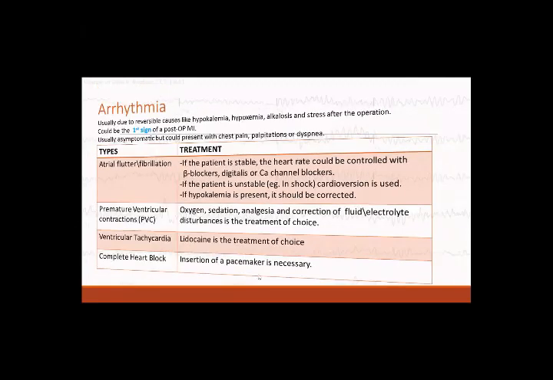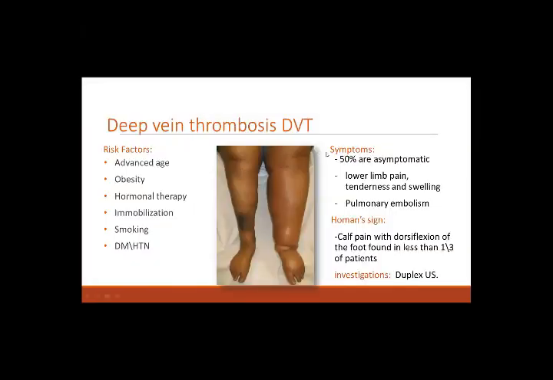Third, cardiovascular, and this is the most common cardiovascular complication which occurs in a great majority of patients, is DVT या deep vein thrombosis. इसमें रिस्क फैक्टर्स वही हैं, एडवांस एज, ओबेसिटी, इसमें हार्मोनल थेरेपी, इमोबिलाइजेशन, स्मोकिंग, ठीक है, ये चीज़ खास इंपॉर्टेंट है इसमें. पीपल ऑन कॉन्ट्रासेप्टिव पिल वगैरह, इसका हम मजीद भी अभी कैटेगराइजेशन देखते हैं. They can be asymptomatic in 50% of people, मगर tenderness and swelling and pain in the limb